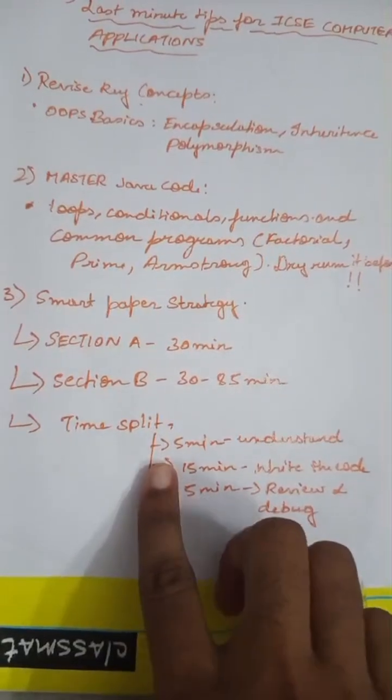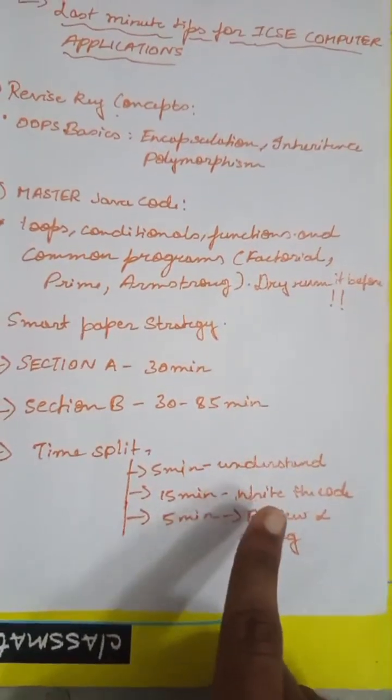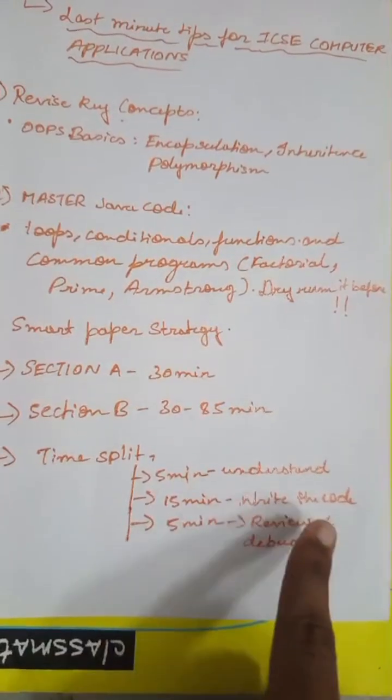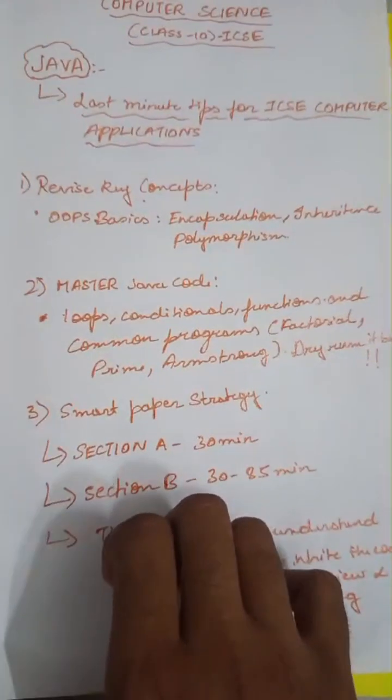So the time split will be 5 minutes for understanding the question, 15 minutes for writing the code, 5 minutes on review and debugging the code. Okay. So the common mistakes you do